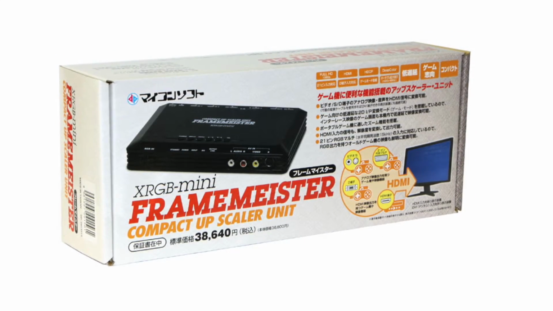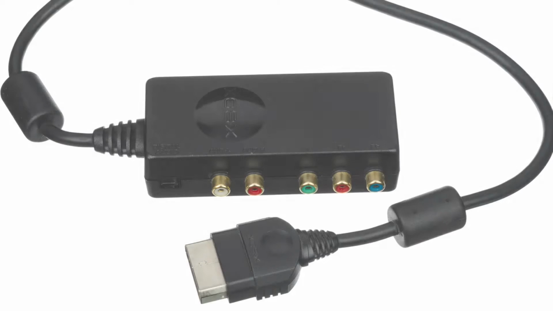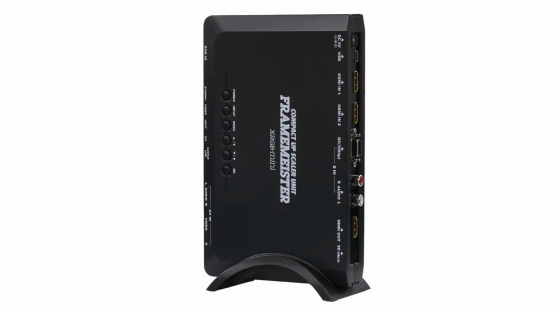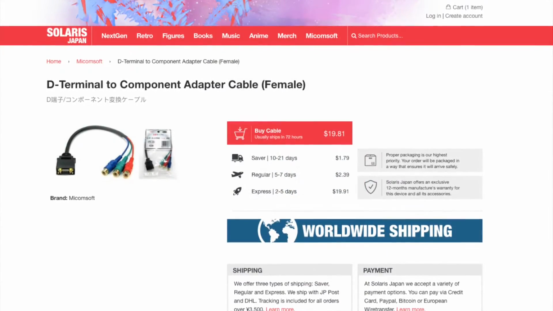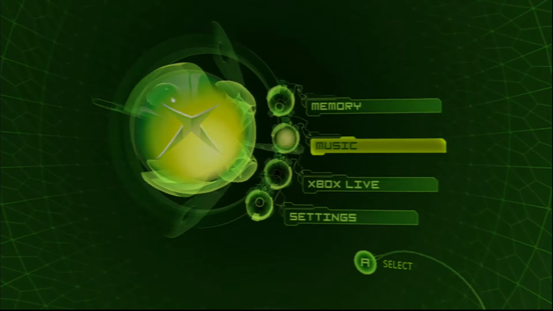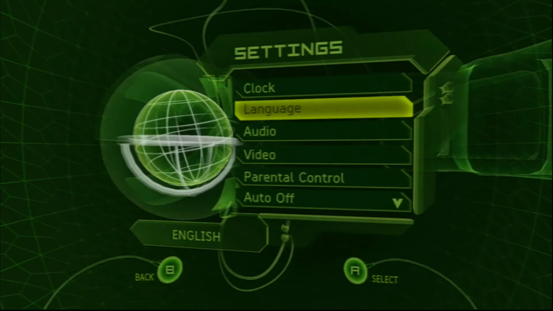On today's video, I'm going to share my custom Framemeister profiles for the original Xbox using component cables. Of course, the Framemeister does not have a component video input, so you'll need a D-terminal to component adapter cable. The first thing we need to do is actually access the Xbox dashboard, assuming your Xbox still has one, and